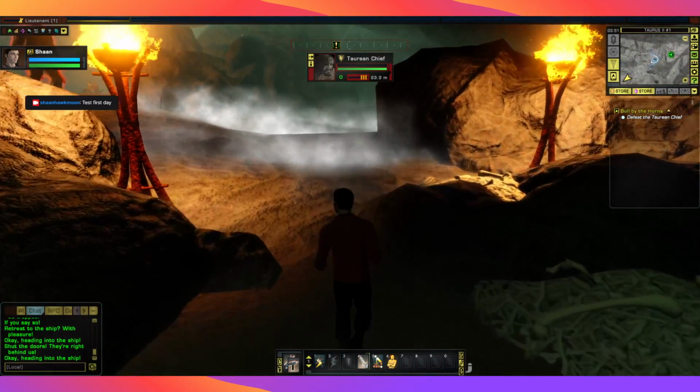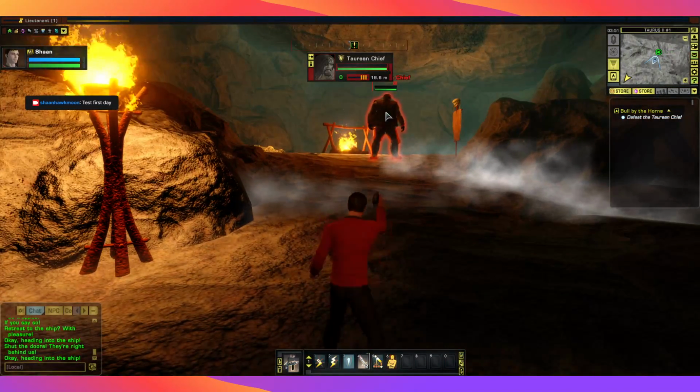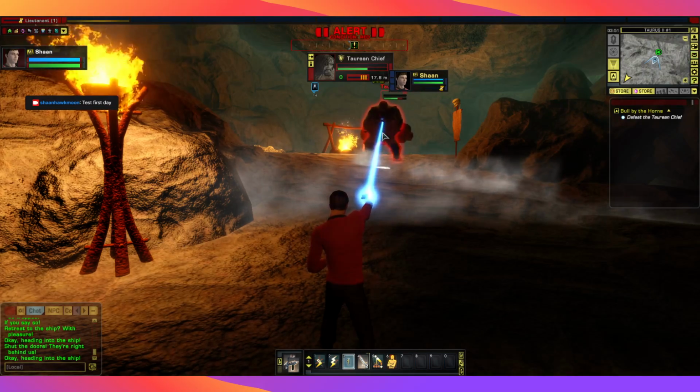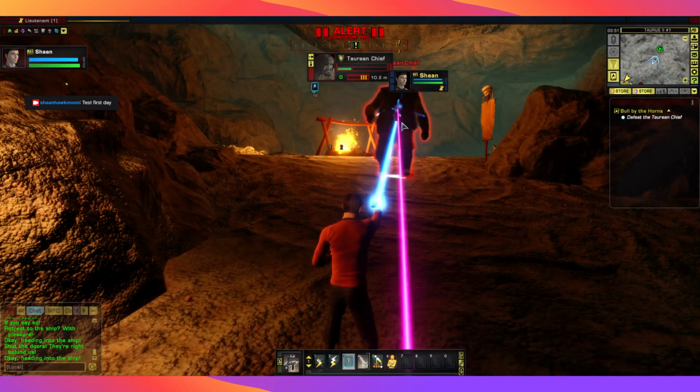If we're not close enough or we don't have a clear shot, we'll have to move, get into range. And again, we'll pop him off. He's going to throw something at us, so we'll just try and get out of the way of that. Didn't work very well, but